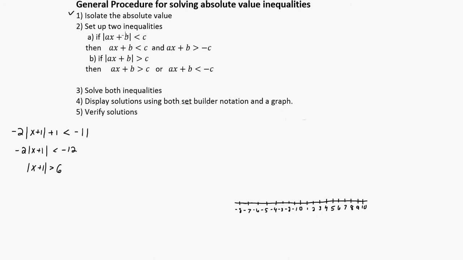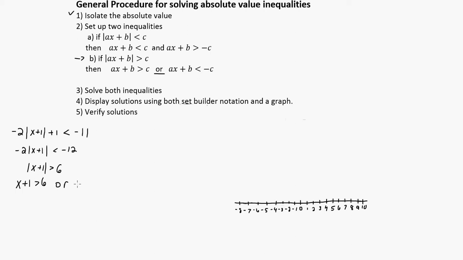Now I'm going to set up the two inequalities. If you'll notice, I have the absolute value is greater than some number, so I'm in this step B here. The absolute value of something is greater than a number. Now this step strictly tells me, okay, for the first inequality, write what you see without the absolute values. That is, write x plus 1 is greater than 6. And then write the statement or,